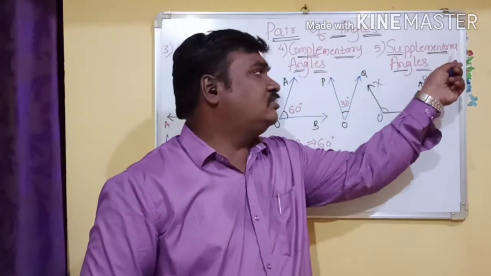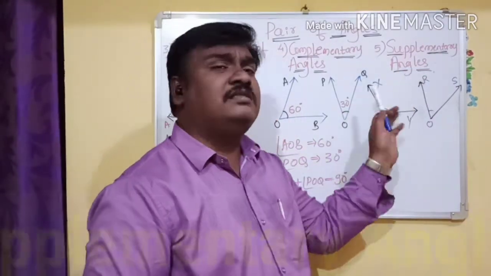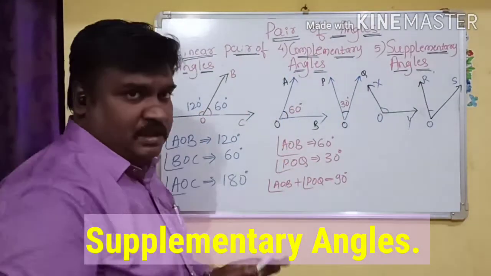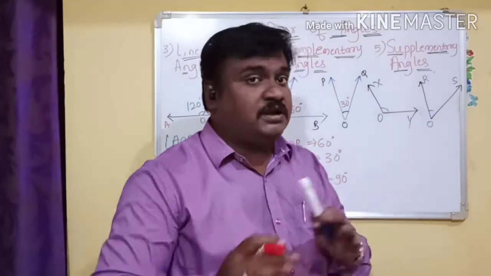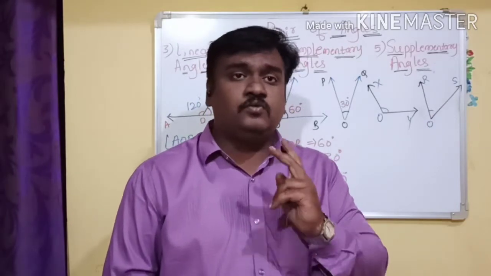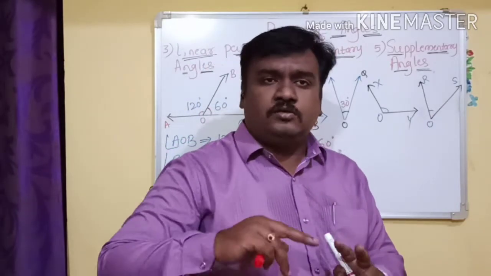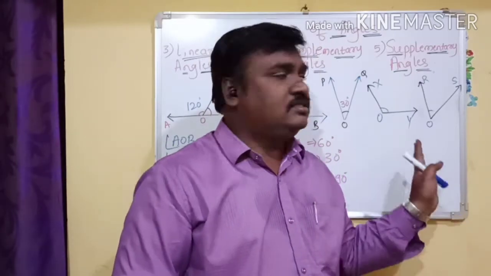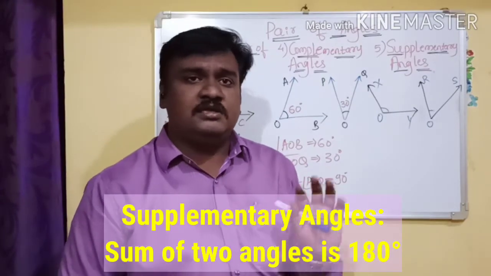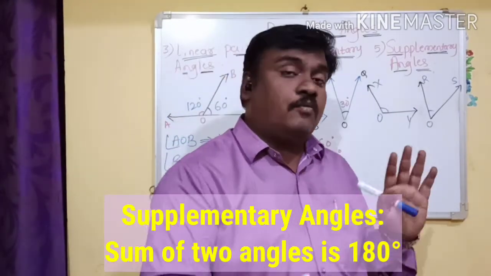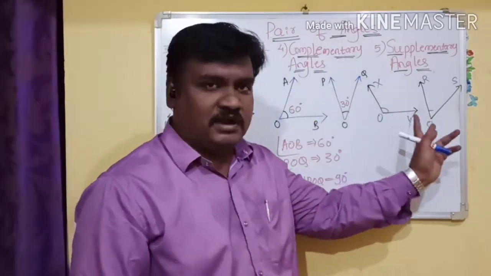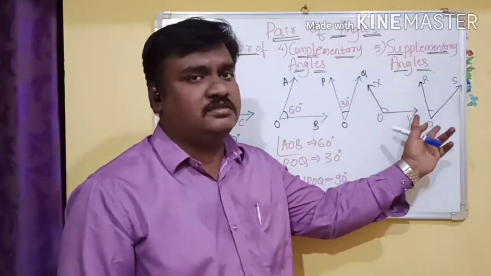Now here the last angle is the supplementary angle. So the supplementary angle is something like complementary and something like linear pair. It's a mixture of both, but it is different from both also. A supplementary angle is nothing but a pair of two different angles whose sum is 180 degrees; then we call them supplementary angles. Now what is common, what is different, I will show you. Here the sum of two different angles, here also two different angles are there. Here the sum is 90 degrees, here the sum is 180 degrees.